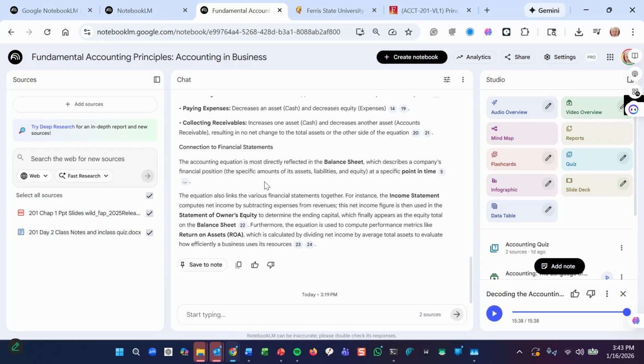Once you upload those, it starts a chat, it says the gist of what we're doing. You can start typing and have a conversation with it. And here's the audio overview. Here's the video overview, the mind map. You can create a variety of reports. It can create